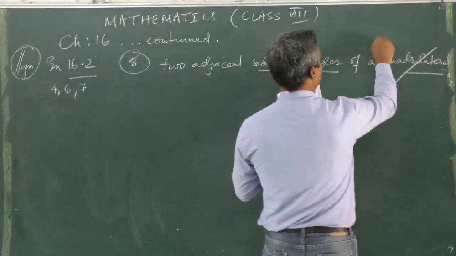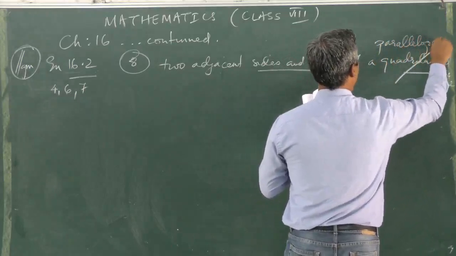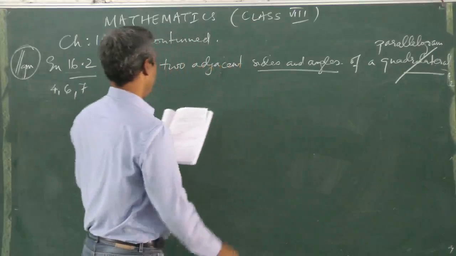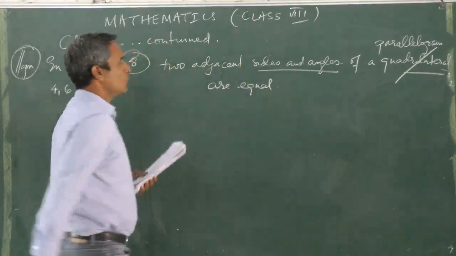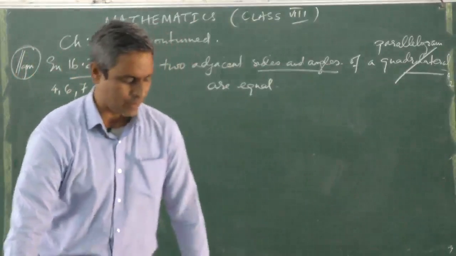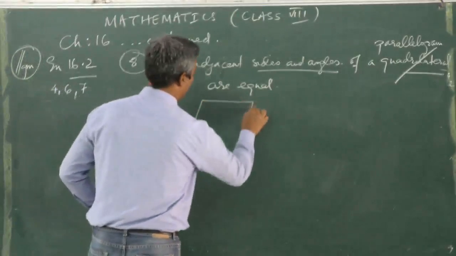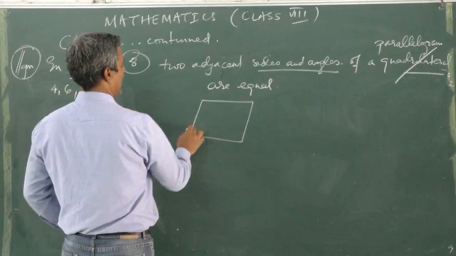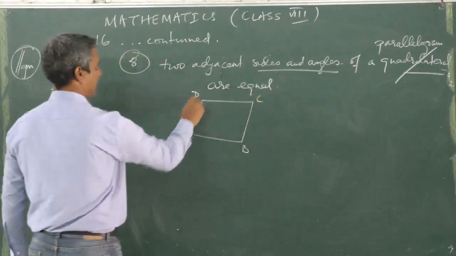Please don't look at it as a quadrilateral. Look at it as a parallelogram. Are equal. This is the question. Two adjacent sides and angles of a parallelogram, as I would like you to see it, are equal. So I have a parallelogram, and ABCD is given as a parallelogram,